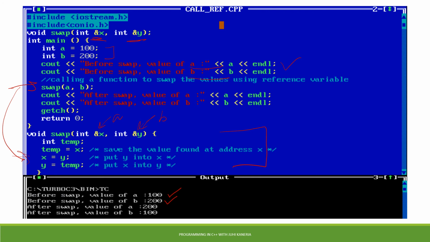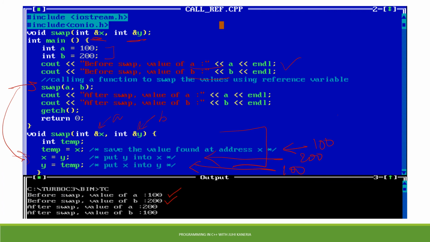So whatever changes I am making over x and y are actually the changes made at the memory location of a and b respectively. So if I am doing temp is equal to x, then temp will have the value 100, and x is equal to y, so x will be having the value 200, and y is equal to temp, so y will be having the value 100.